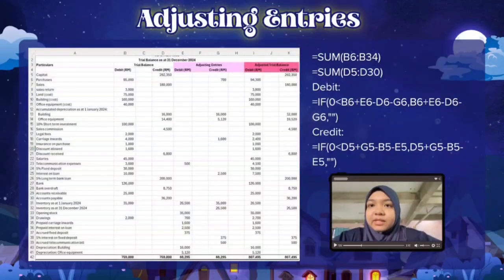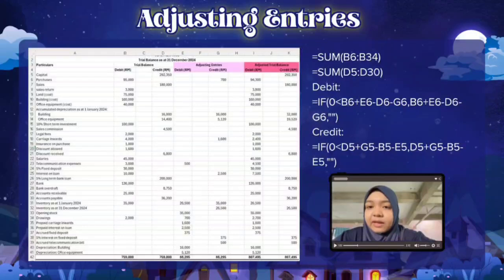So from the adjusting entries, we can see that the debit side from E23 to E41 and credit side from G6 to G39 requires a few adjustments. Okay, so lastly, for the adjusted trial balance, we have doubled or lessened the amounts according to the adjustments made